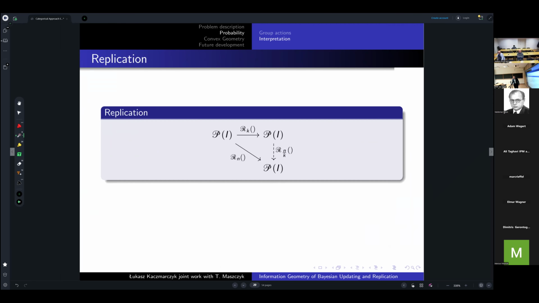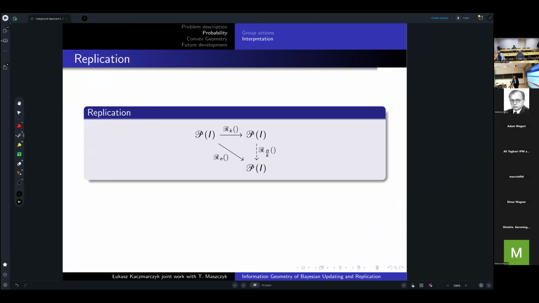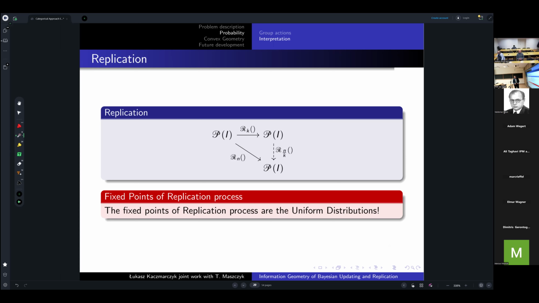Well, this gives us the whole process on the probability measures on the codomain of I, and it has remarkable properties. I'd like to explain that it should be the fixed points of this process that should be